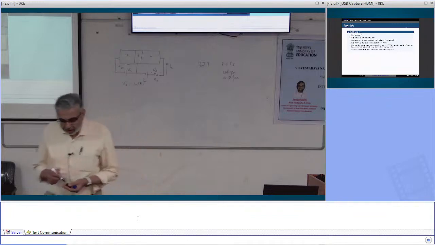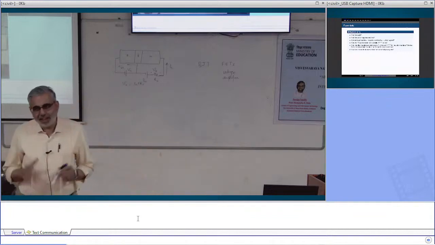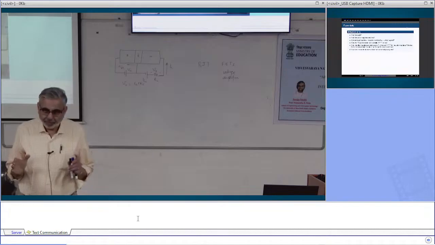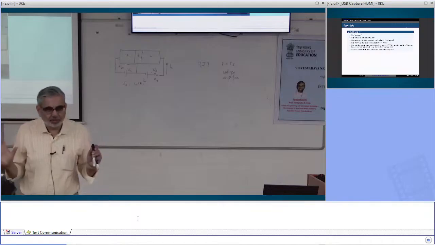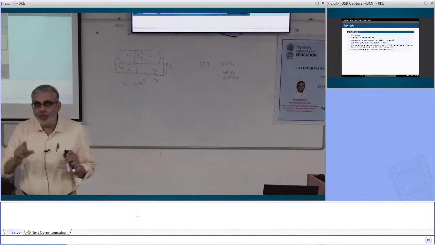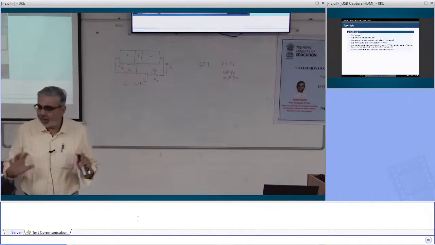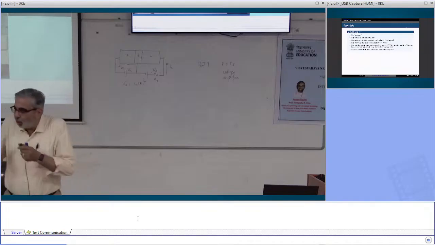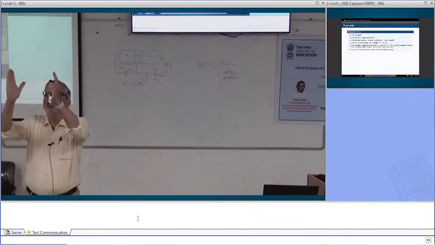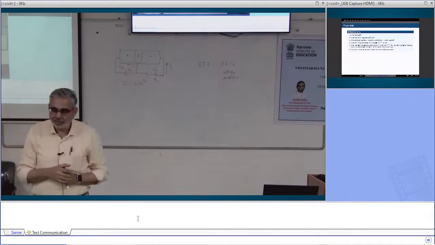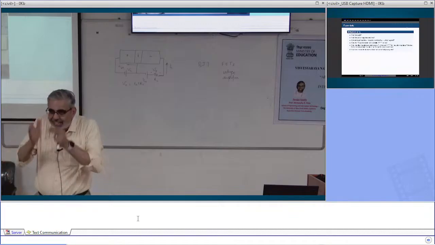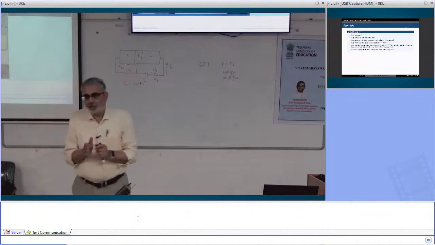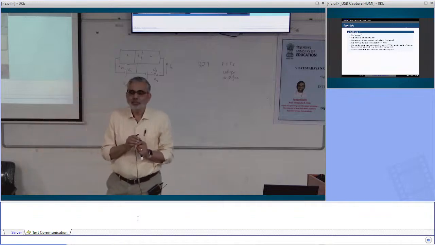The reason I say this is because beta varies so much. Unless your design is independent of beta, that design will never work. If you have used beta anywhere in the design, your design will not work. You have to design and then check that for this range of beta my design works or not. You cannot have beta as a part of your design process. Beta is only a check whether my design will work or not. Okay, so now